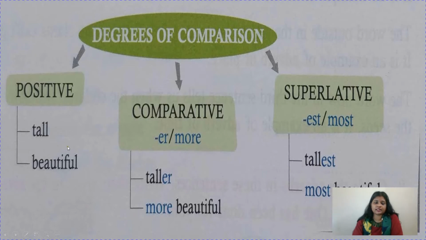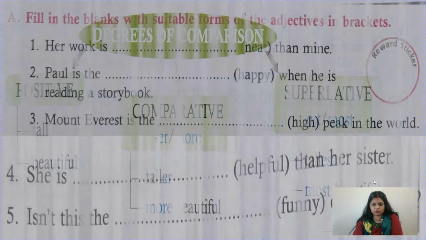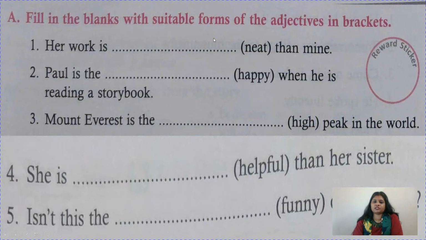In the same way, beautiful. Ria is a beautiful girl. Suppose we are talking about Ria and Sia, we can say Ria is more beautiful than Sia. In the same way, let's talk about all the girls in the class. So I can say Ria is the most beautiful girl in the class. In the same way, we write thin, thinner, thinnest, fat, fatter, fattest, short, shorter, shortest, famous, more famous, most famous. Okay, children. So let's fill in the blanks with the suitable forms of adjectives in brackets.